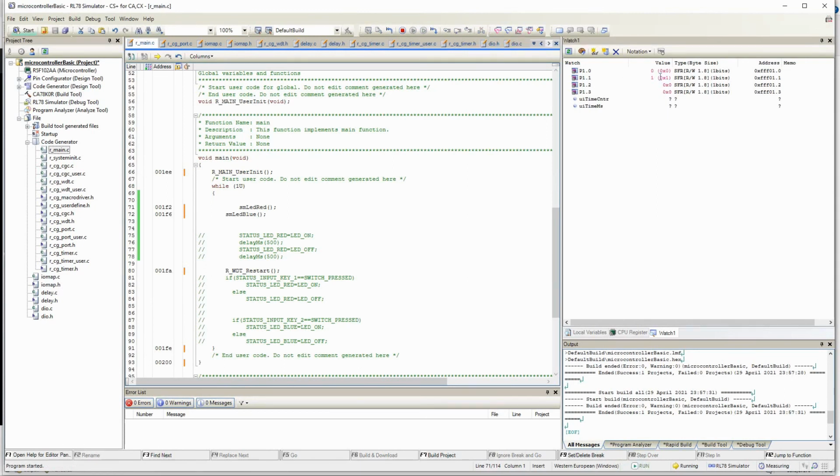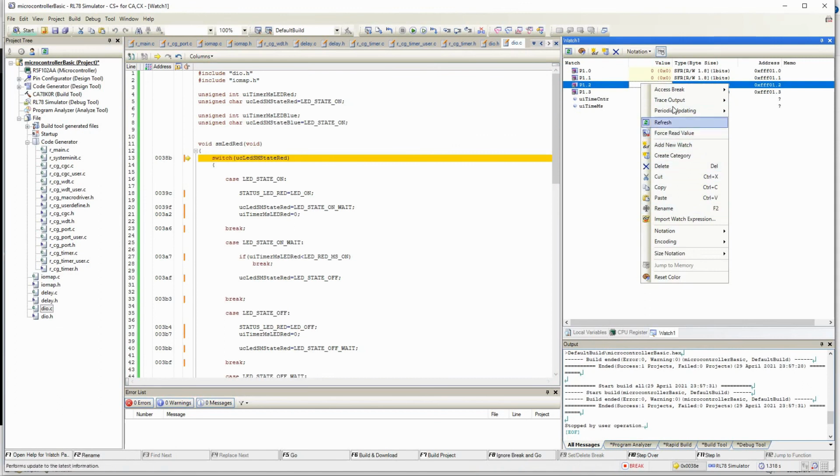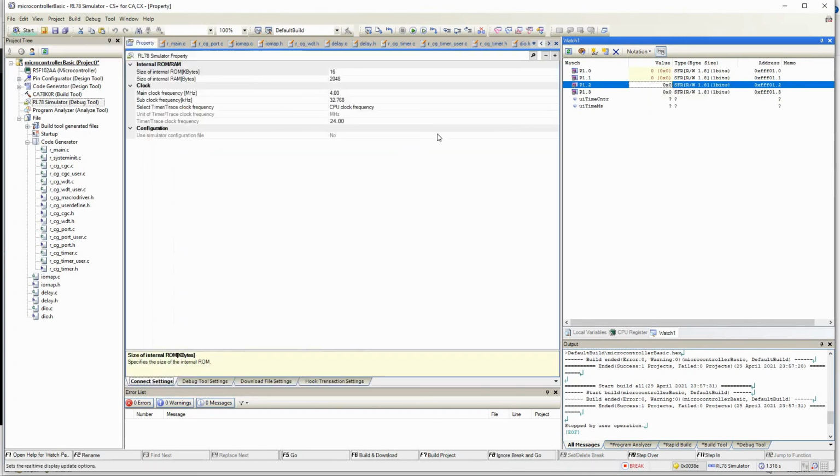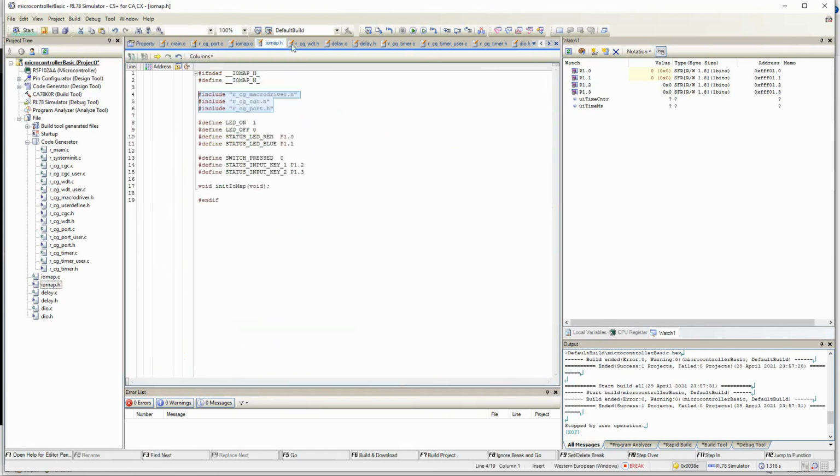If you see this, it is happening. But I think we have set periodic updating of the debug tool every 500 milliseconds. So this value gets updated only once in 500 milliseconds. But we have given delays which are less than that, so it is not reflecting properly here.